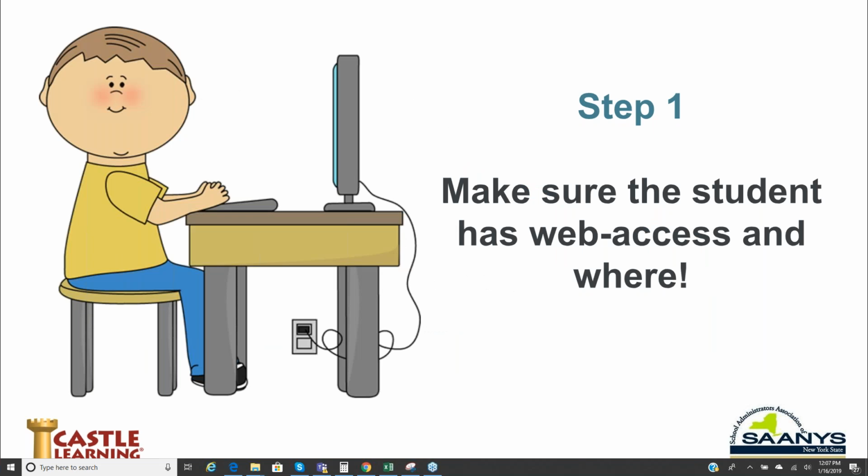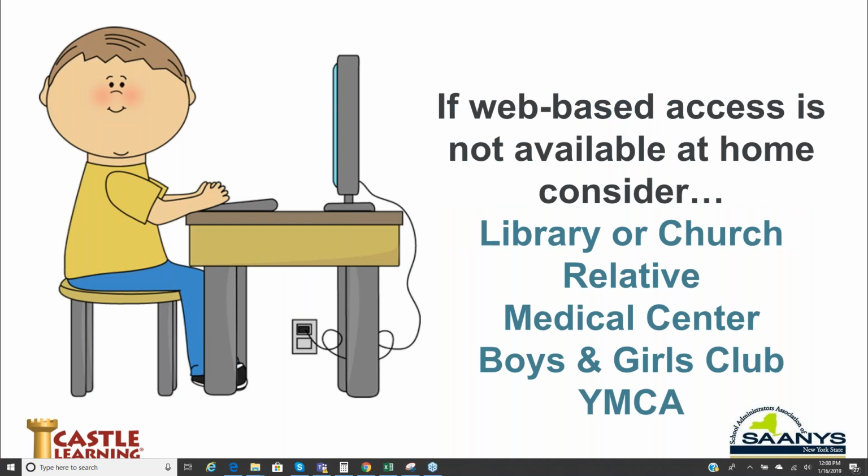We want to take a look at a couple of steps as we go through the webinar today. The first step would be to take a look at what web access that student might have outside the school and whereabouts that might be. We realize that when they're in school, in most cases, they do have internet access, whether that be in a one-to-one device or through some type of computer lab, either in the classroom, library, media center, whatever. But what happens once they leave? We know that a good majority of the students today have access someplace outside of school. If they don't, typically there's a place where they can get it.